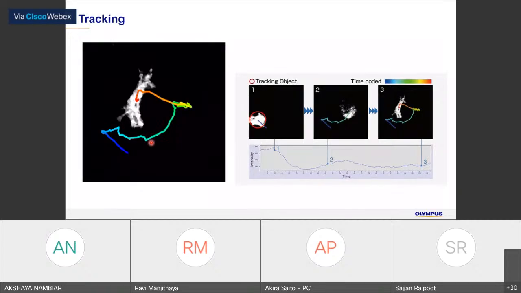Such things can also be analyzed by using tracking. So object detection and segmentation is a very key thing for image analysis, and it will be used to understand or analyze further things from the image.